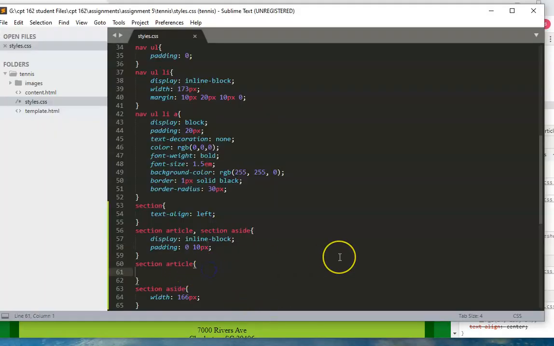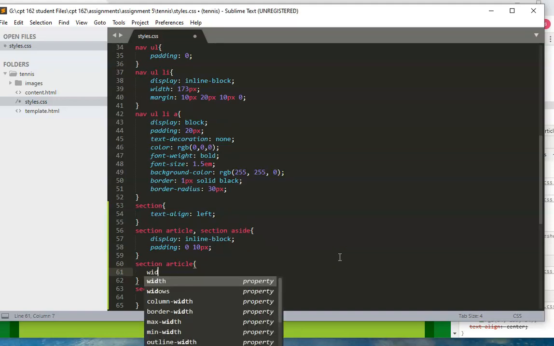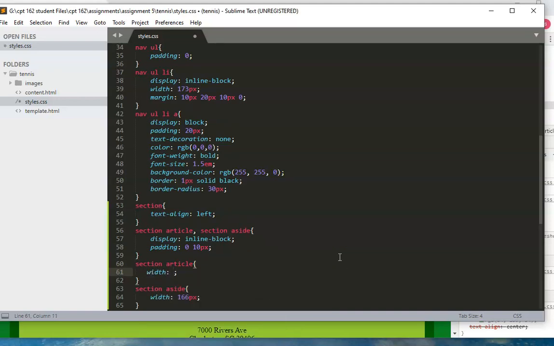So for this article, I want to say that the width, calculate that. So I'm going to do calc, and then open and close parentheses. And in there, instead of doing 100% and trying to make it very, very precise, I'm going to put some fudge room in there. Let's just say measure 95% of the container and then subtract